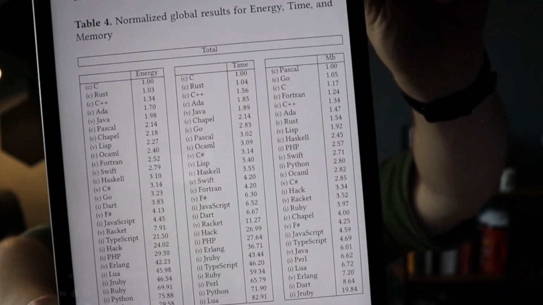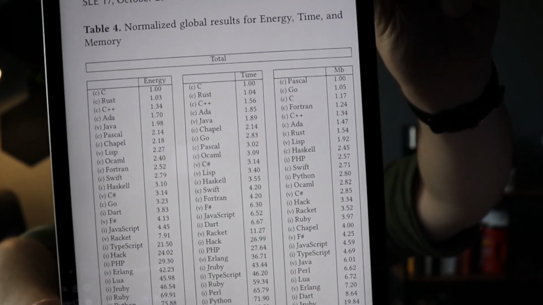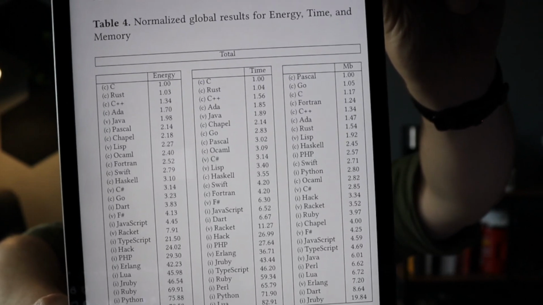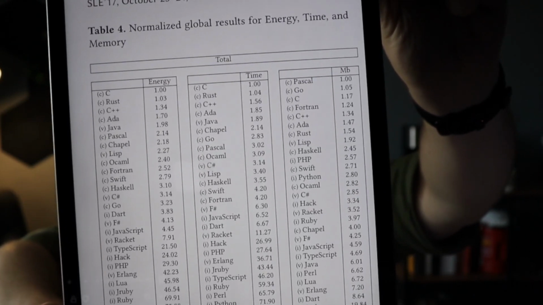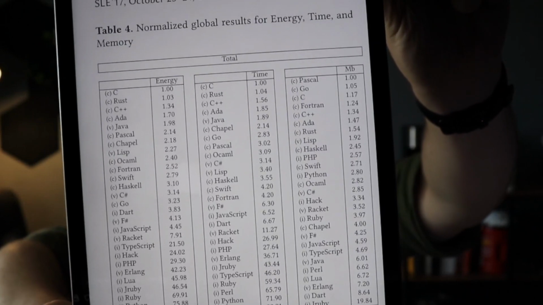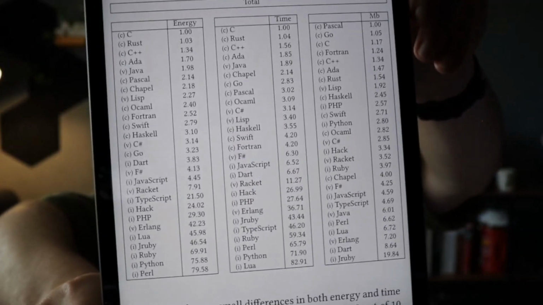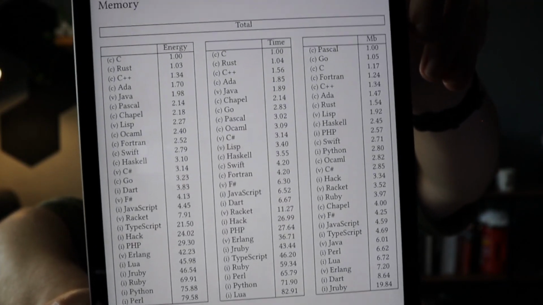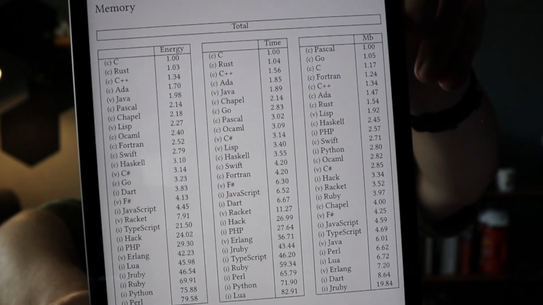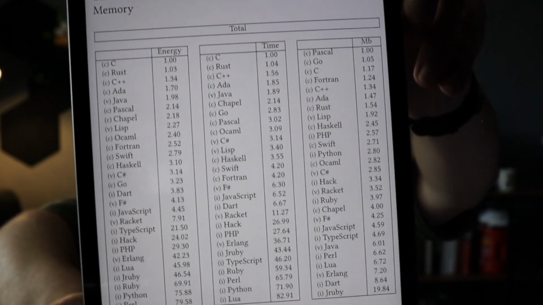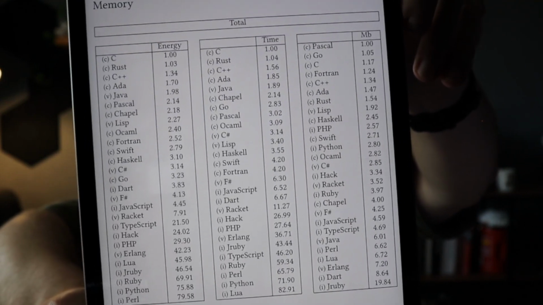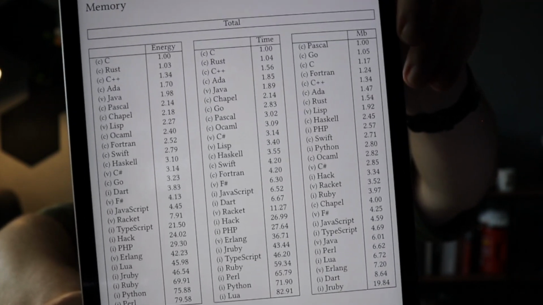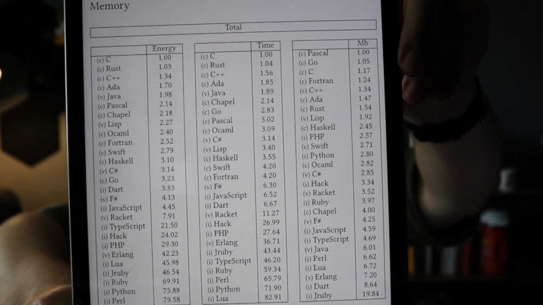So in order to read this, you can see under energy, time, and memory, it all starts at 1.0, because what they did is they took the best performing language and set that as the baseline. So you can see we have this awkward jump from C to C to Pascal. What is helpful to know is the baseline number. The baseline number used for C was 57.86 joules. And what you do is you just take whatever number is in that column, multiply it by 57.86 joules, and that's the number of joules you had for that language according to this paper.